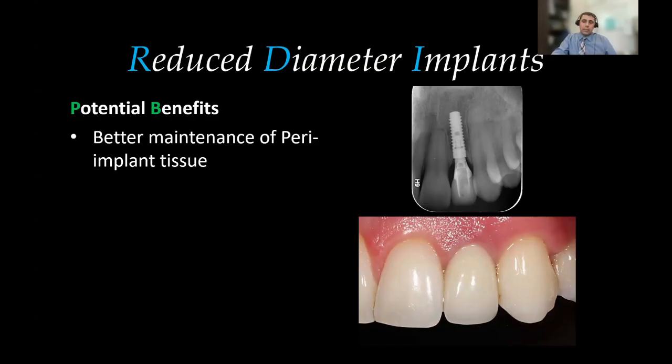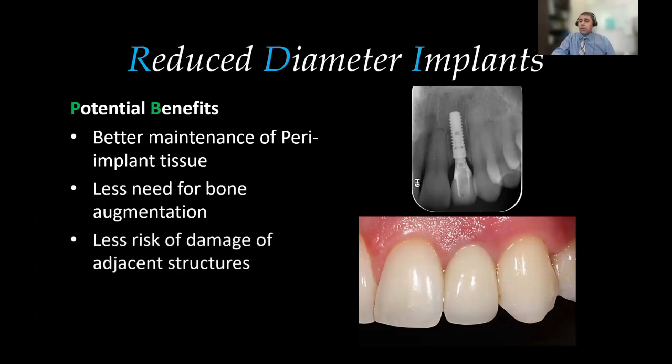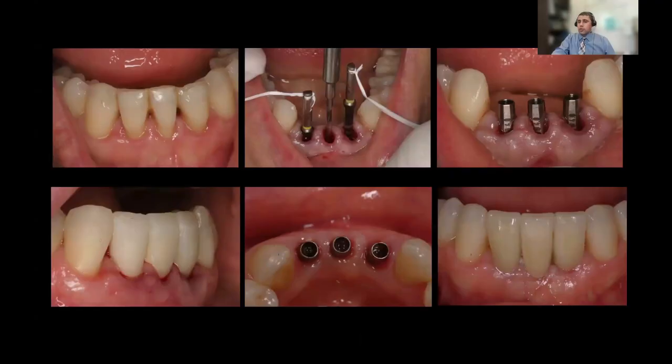Again, aesthetics in the anterior segment is very, very crucial for success. It will result in less need for bone augmentation and less risk of damage to the adjacent structures. So here's an example where we're extracting 3 teeth because of periodontal disease, placing 3 implants immediately, and the